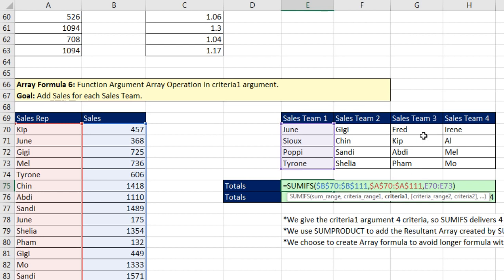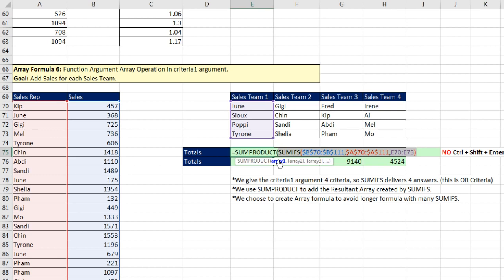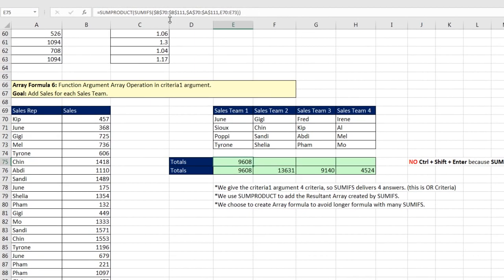There's our function argument array operation. And that's not an array constant. That's a range of cells. So if we put it inside of the SUM function to add those 4 numbers from SUMIFs, we'd have to use Control-Shift-Enter. Instead, I'm using SUMPRODUCT. We'll simply use the array argument, which can handle that array operation without Control-Shift-Enter, and then let the SUM part of SUMPRODUCT add. So I close parentheses at the end, and when I Control-Enter, no curly brackets up there,